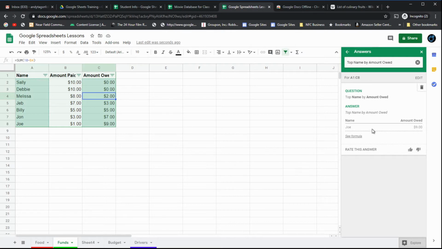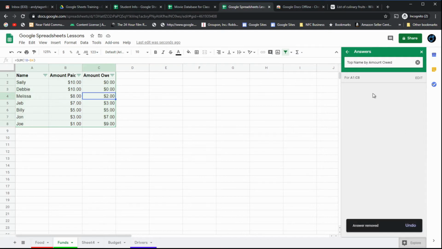And right there you got it, Joe. So that's an easy way to find this data inside of it. If this was a long chart of 200 people, it'd be easy to find that kind of stuff. So I'm going to take that out,